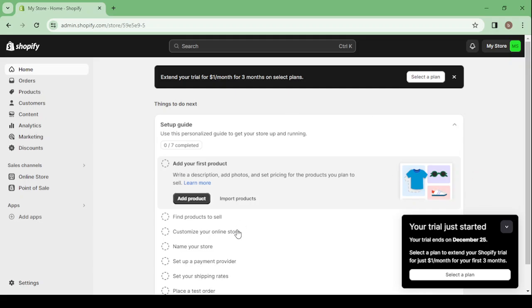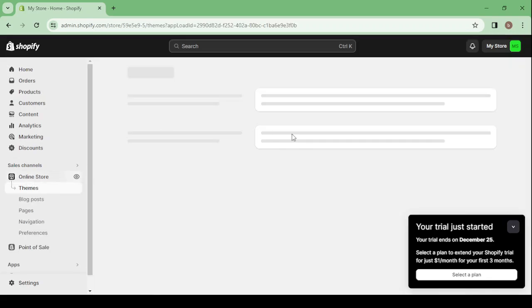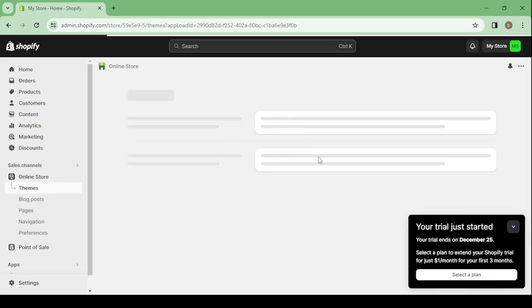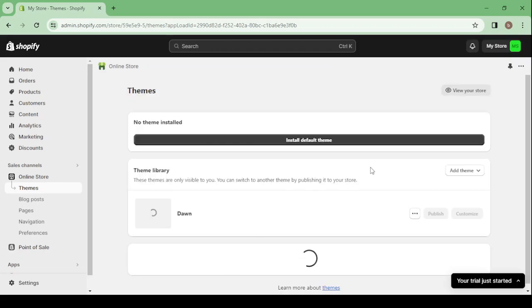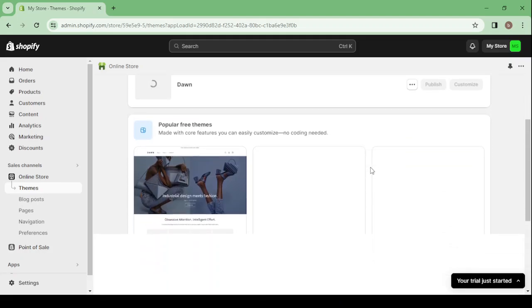After your website has loaded or your dashboard in the platform has loaded, and here you can check your online store. This is where you can change your themes and those stuff. Let's close this one in here. This is where you can control your